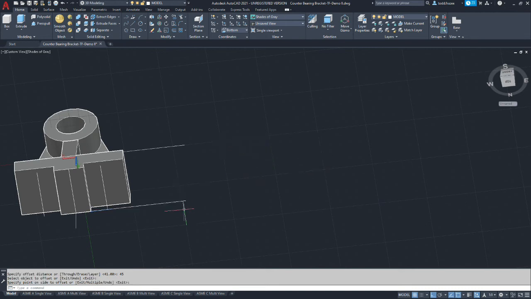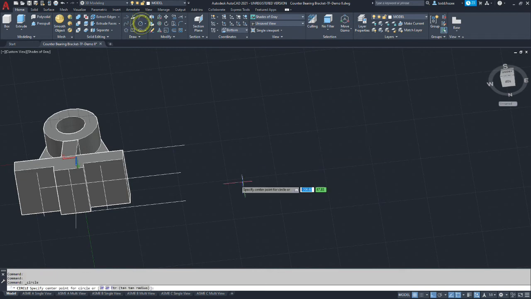Okay, so where those two lines intersect is where the first hole occurs. And if we extend that line that we just offset, we will then have the intersection of where the second hole goes.